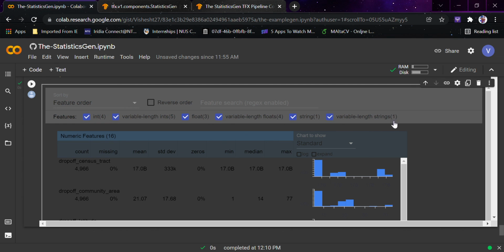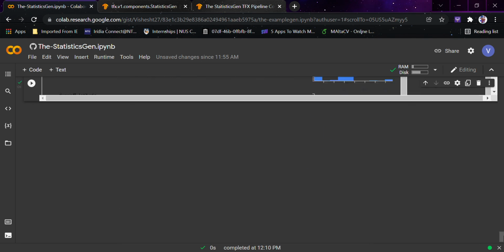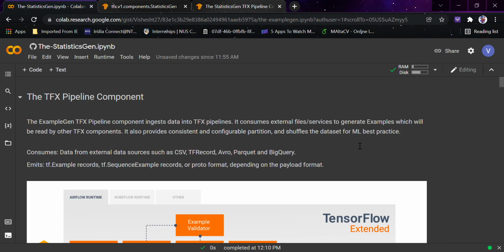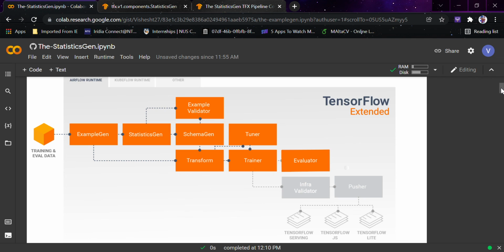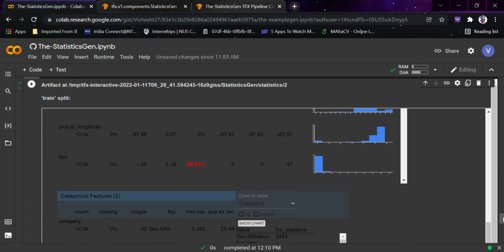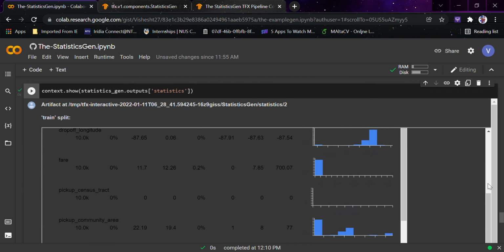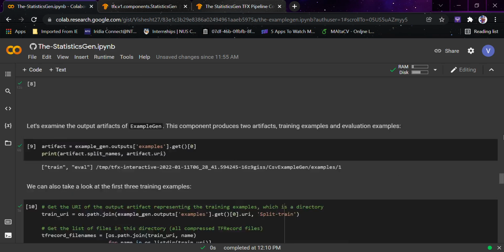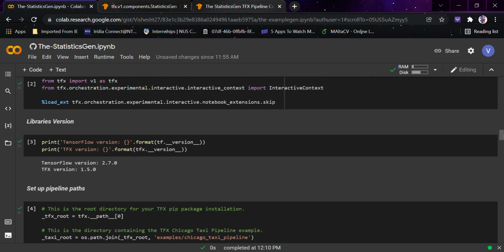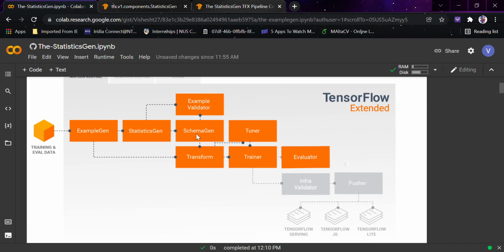So this was it for the video. Now I would like to end it now, because I would recommend you to go to this particular notebook and play with it, because StatisticsGen is something like that. You have to explore how it is working out, the whole part. And then in the next video, I know you must be guessing it right, we would be talking about SchemaGen, then ExampleValidator, Tuner. We would be talking about everything, not to worry about, and you would be enjoying this whole series really.